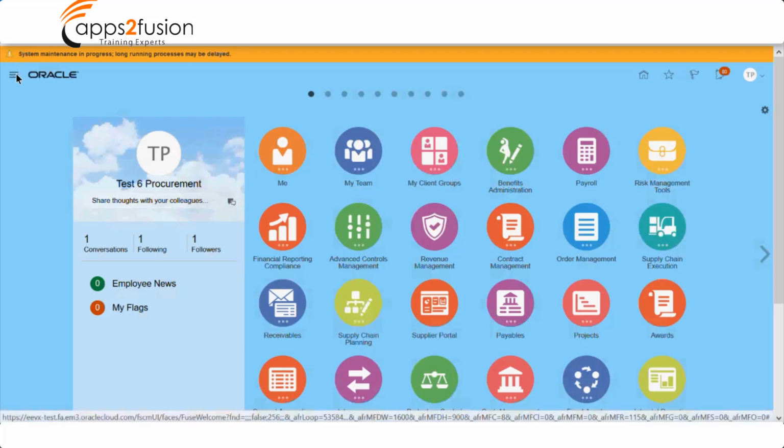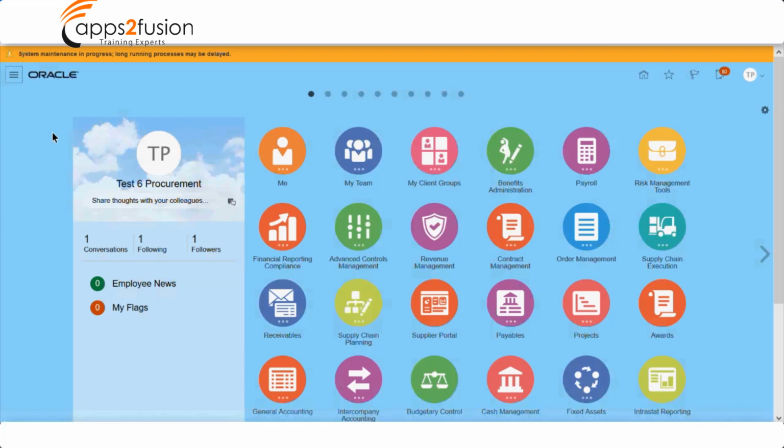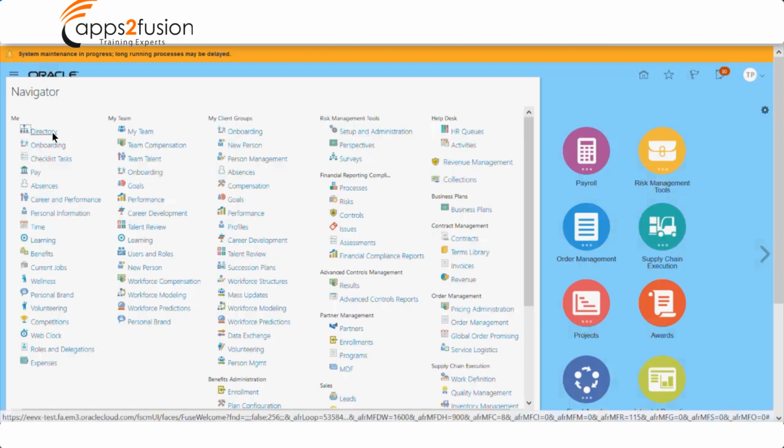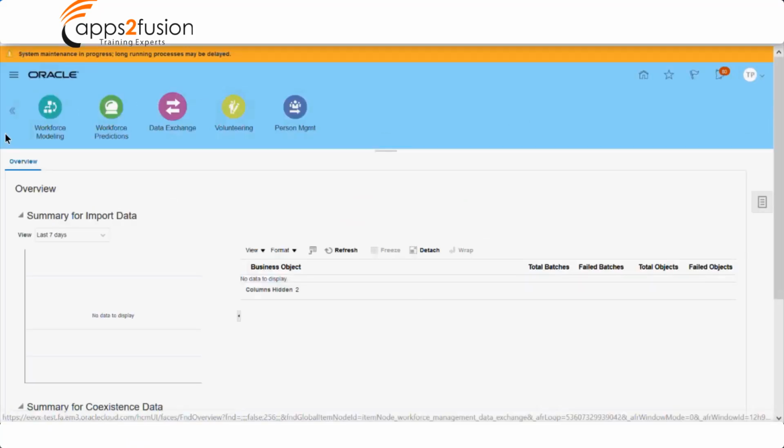I'm navigating to data exchange, where both inbound and outbound options are available in one single area. So I clicked on navigator. Under My Client Groups, we have an option of Data Exchange, which gives both your inbound and outbound options. Both reside in here.